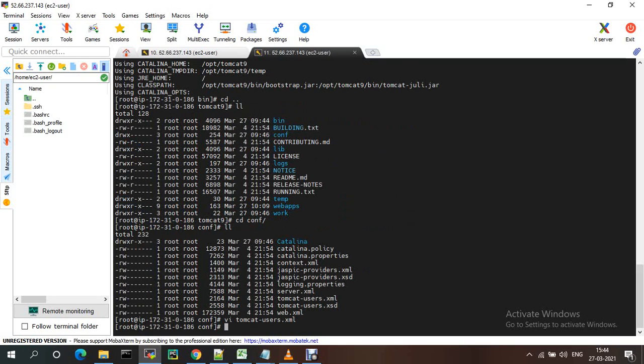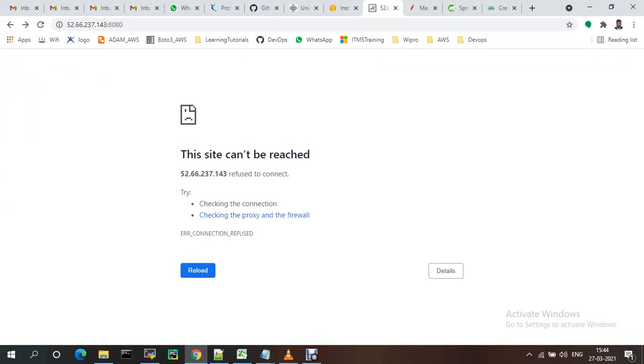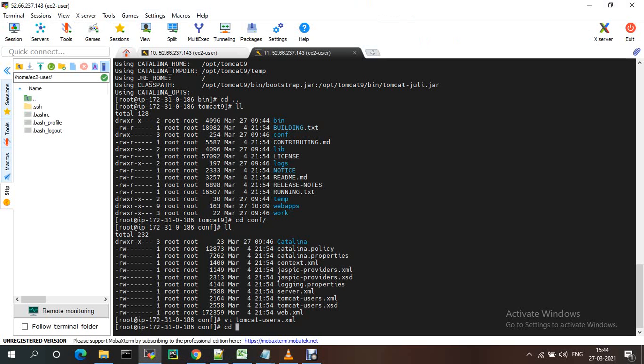Once this is updated, you just need to go to context.xml. There, because the server name is different, you just need to restrict that value. I'll show you that one. Just cd opt tomcat 9.